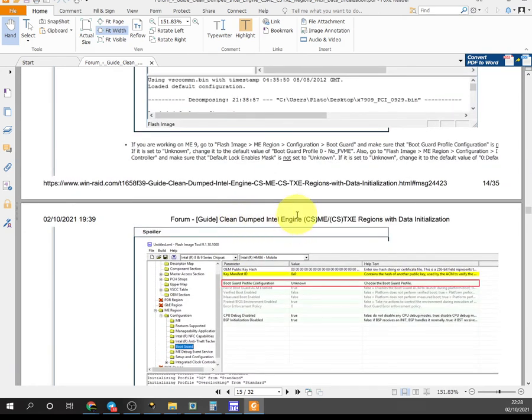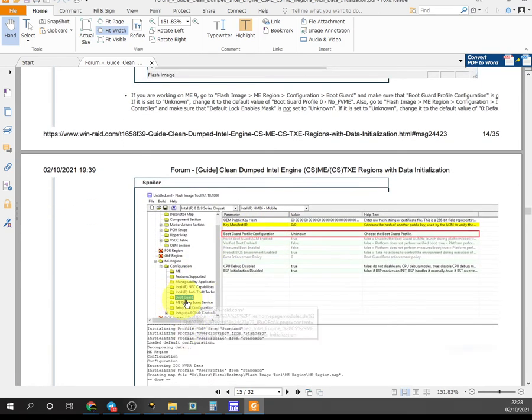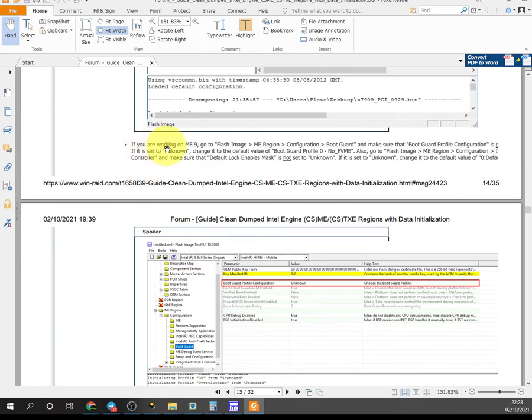So the other step is to go to boot guard. If you are working on ME9, go to flash image, ME region, configuration, boot guard, and make sure that boot guard profile configuration is not set to